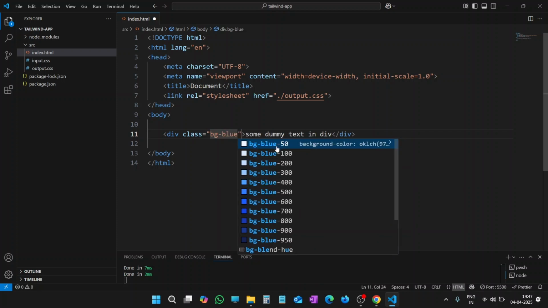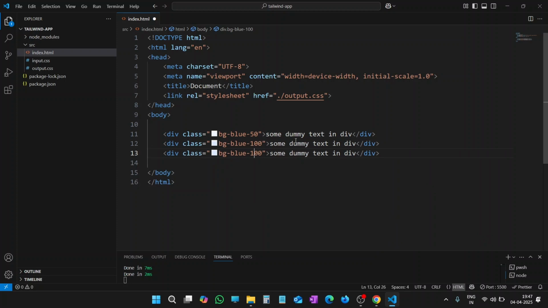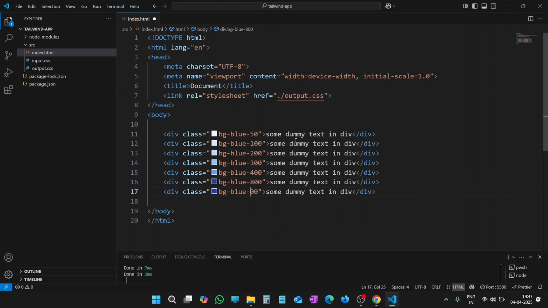Let's write blue. It is giving all the shades of blue right from 50, 100 up to 950. So let's start with 50. Let me duplicate this div and make its value as 100, not 1000, sorry, 100. Let me make another copy, 200, 300, 400, and let's make it, let's say 800, 900, and 950. Save the file,